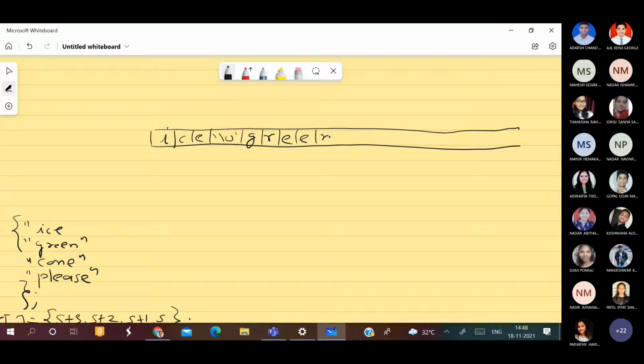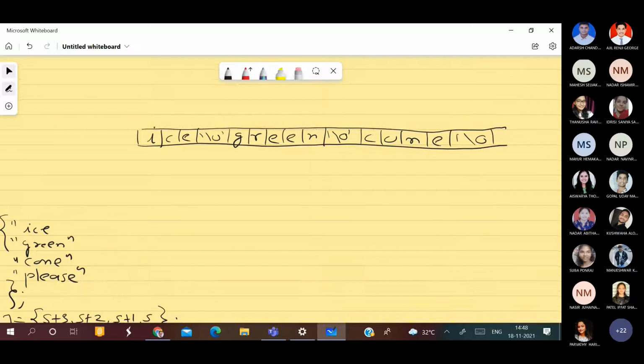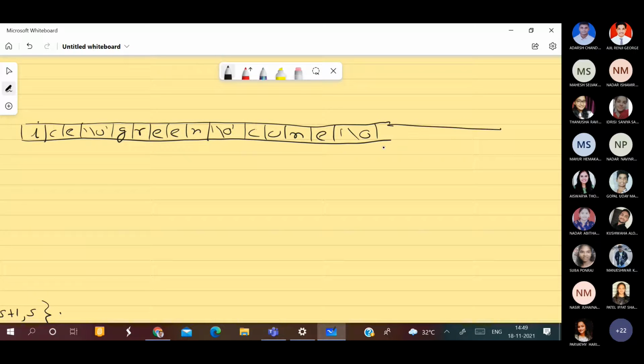Green is also terminated by a null character. Then you have cone. Cone is also terminated by a null character. And then you have please. Please is also terminated by a null character.